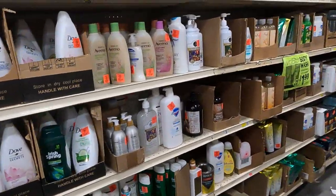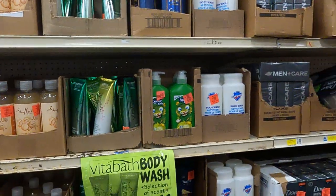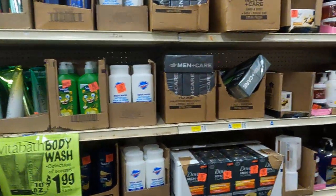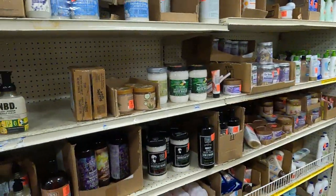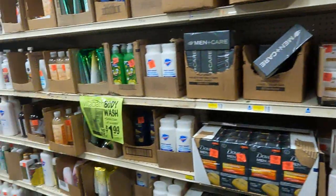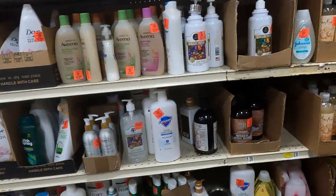In the HBA aisle, now I have backed off of a lot of the shampoos and conditioners that I used to sell. They're time consuming, and right now it's just a busy time of year with getting things out with merchant fulfilled and keeping up with toys. But